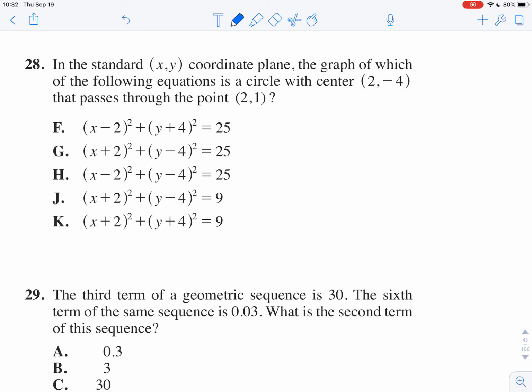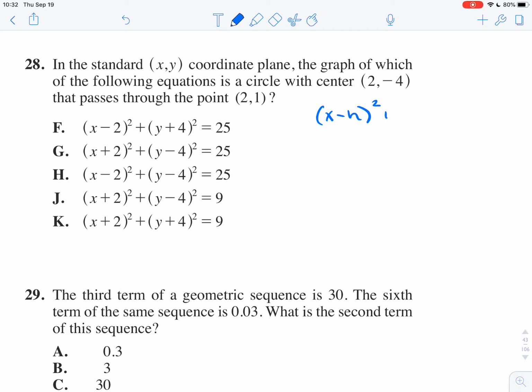Alright, 28. Standard XY coordinate plane. The graph of which of the following equations is a circle with the center of 2, -4 that passes through the point 2, 1? Well, first we have to remember that the center radius form of a circle is defined